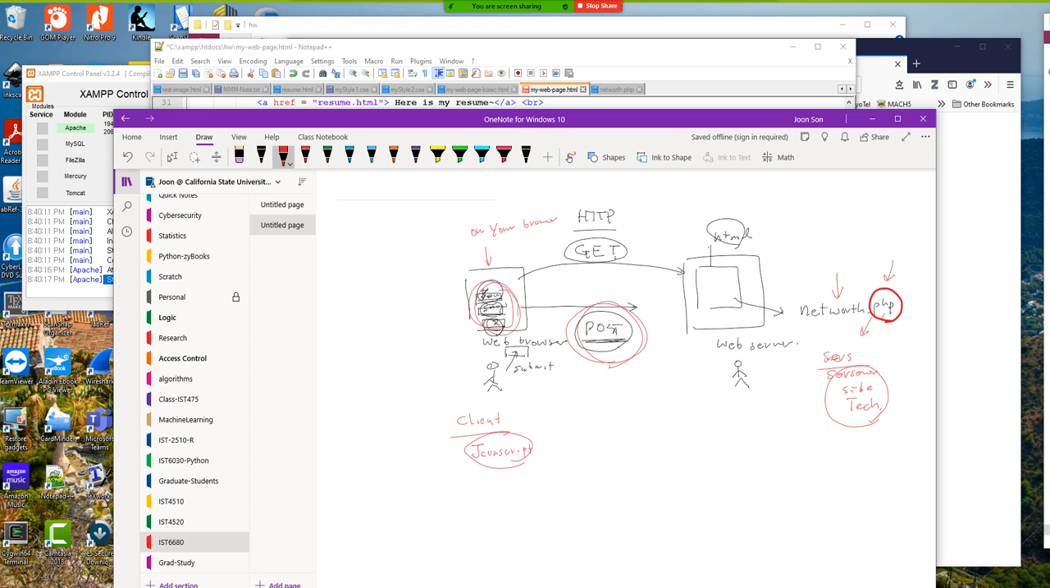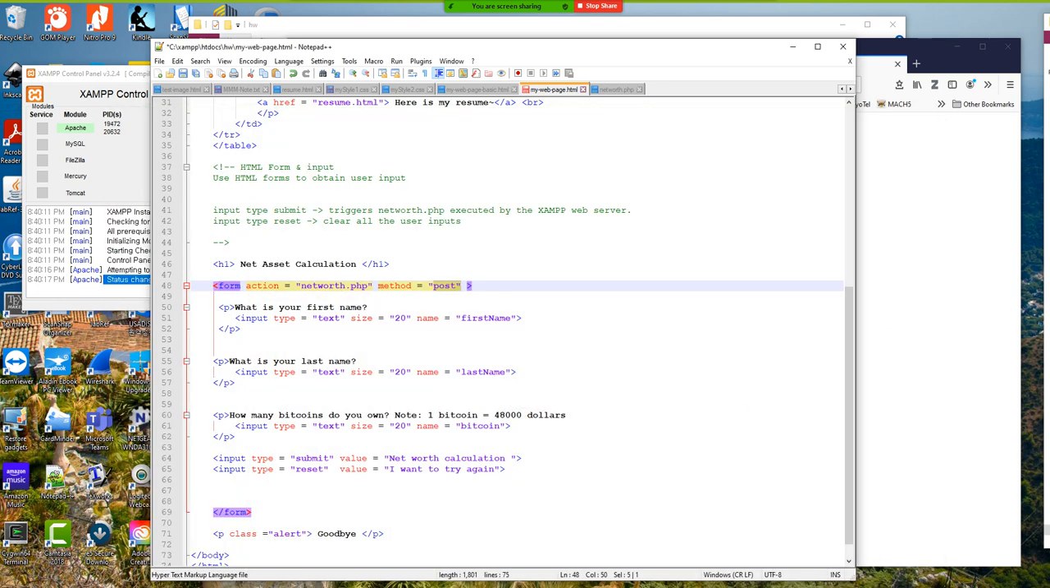This value will be transferred to this browser by the post method. So this is a post, okay? I mean, this is just a basic concept. Now, let's take a look at the